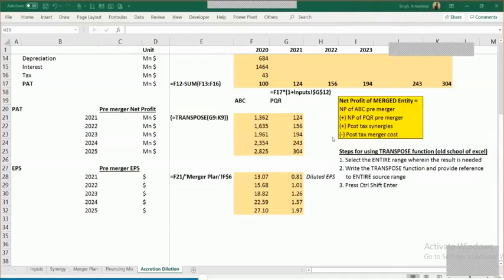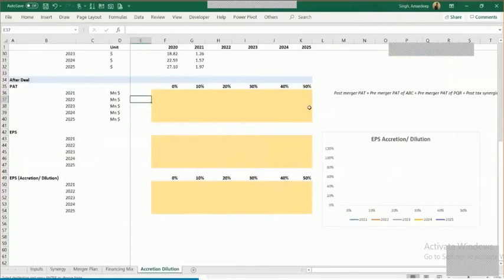great. So let's open the file number 5, which is the last file of this analysis. And while you open the file number 5, you can recollect what we discussed in the very first file. What is the purpose of this entire analysis? The purpose of this entire analysis is to see whether this deal leads to accretion or leads to dilution. That's exactly what we're going to do, right? So we will compute the EPS of the merged entity. We have already computed EPS of the pre-merger entity over here in the column F, right? So let's go to the file number 5 and do that computation here.